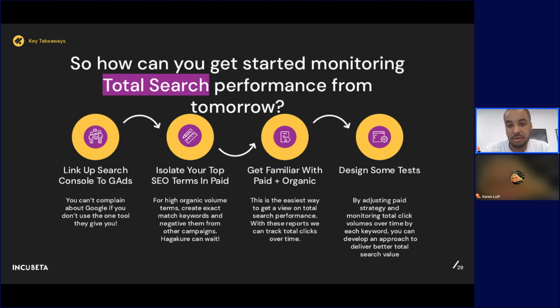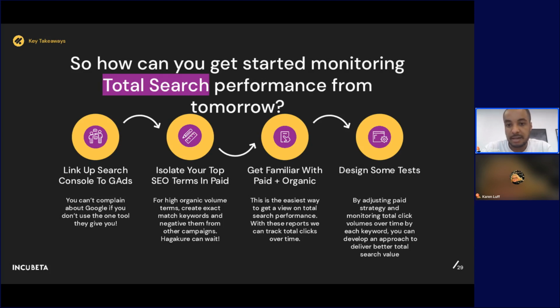And then make sure that you're familiar with paid and organic across the board. It's the best way that you can get a view on total search performance. With these reports, you can track the total clicks over time, and then you can decide whether you need to pull back or push on with some of these